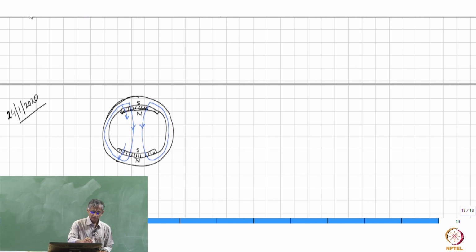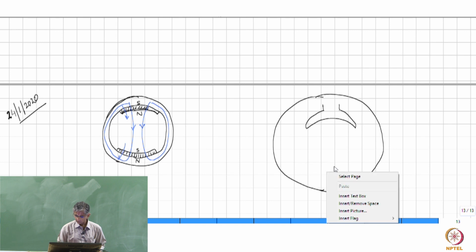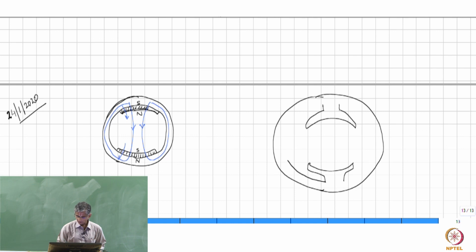But there are machines where this is not the situation, and what you have is, let us say, the outer surface of the cylinder in sectional view looks like this, and then you have a structure that roughly would look like this, and similarly a structure that would roughly look like this, and then you have the inner surface of the cylinder, and then you have the rotating member sitting here, that is the rotor.